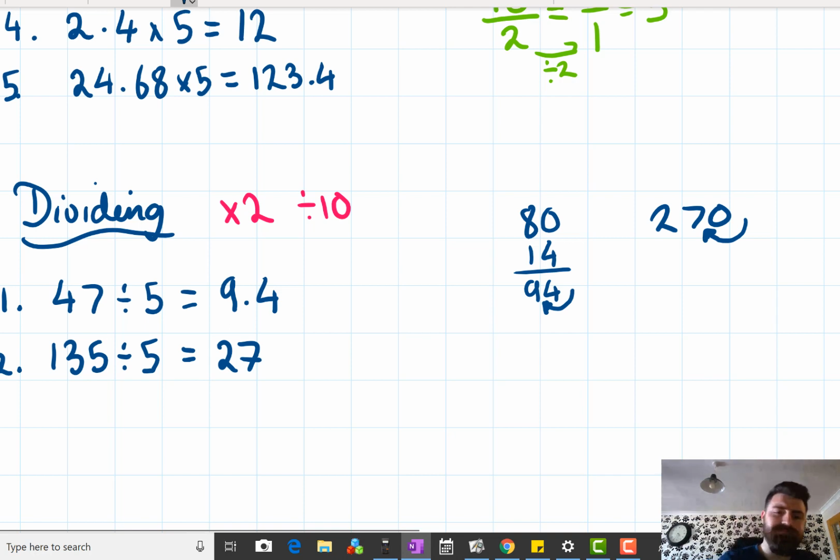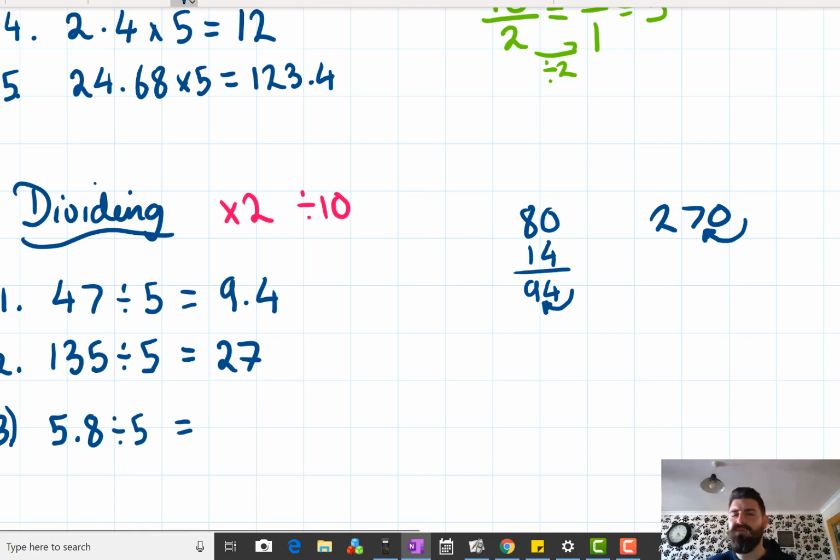That's the question. Let's attempt it. This one we'll verify with a calculator. If we take the number 5.8 and we divide that by 5, if we double 5.8, so if we double 5 firstly, we get 10. Double 0.8, you get 1.6. We add those two numbers together, we get 11.6. We then need to divide that by 10. Move the decimal place once to the left. We should get